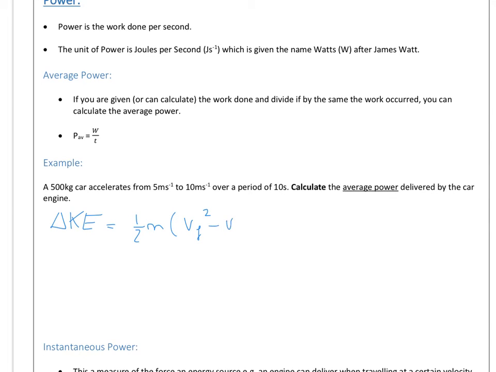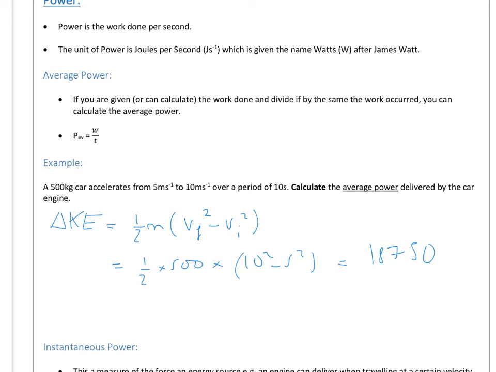It's going to be half times 500 times 10 squared minus 5 squared, which is equal to 100 minus 25, times 500 divided by 2,